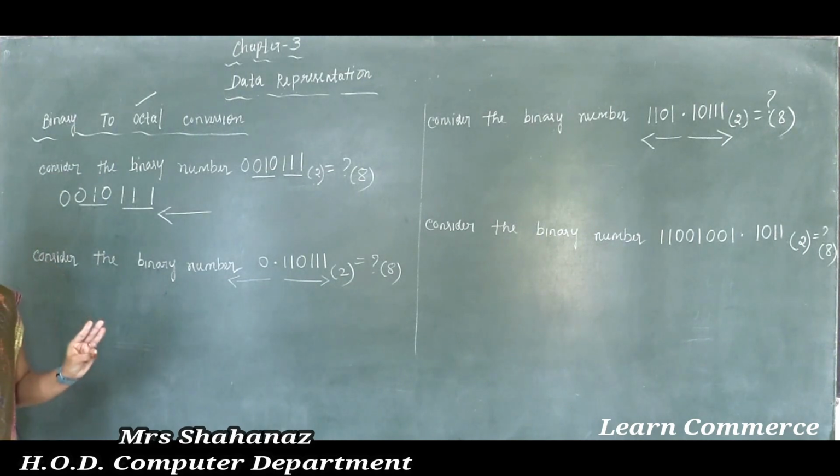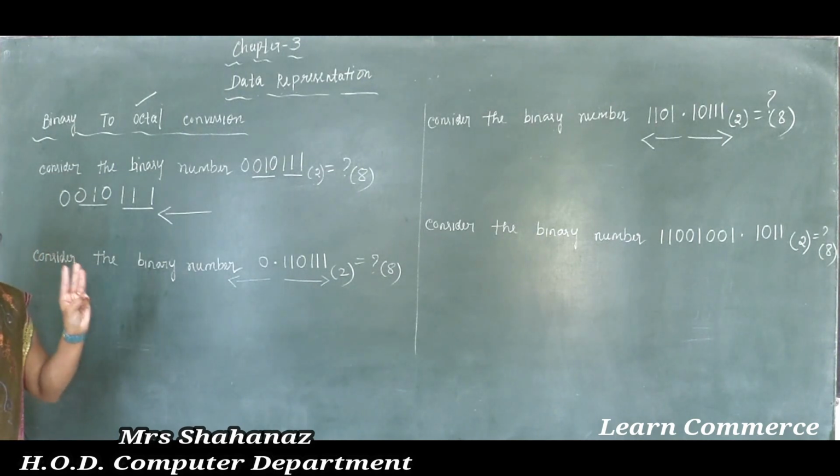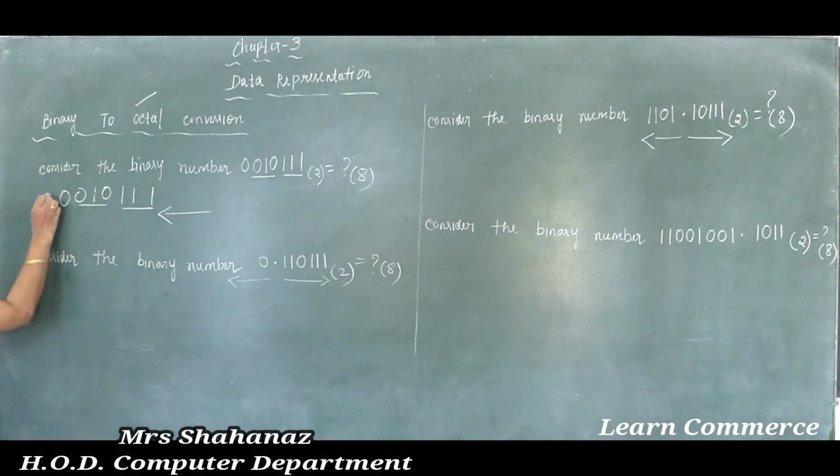So for a whole number, it may be necessary to add 0 at the MSB level. Now 1 0 is there. How many zeros do we need to complete a grouping of 3? Now we need 2 zeros. Okay, 1 0 was there, but how many bits are used in one group? 3 bits, correct? In order to complete a grouping of 3, here we need to add 2 zeros.